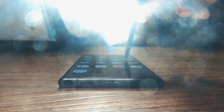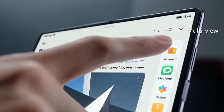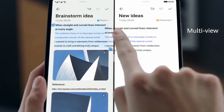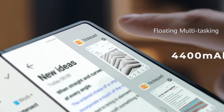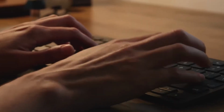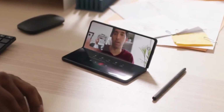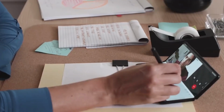So this year Samsung came up with the latest idea by giving the S Pen inside the Galaxy S22 Ultra, and now according to the latest information from South Korea, Samsung is planning the same integration of the S Pen inside the next Galaxy Z Fold 4. This will not only enable better multitasking experience, but also users will be able to utilize the inner display for